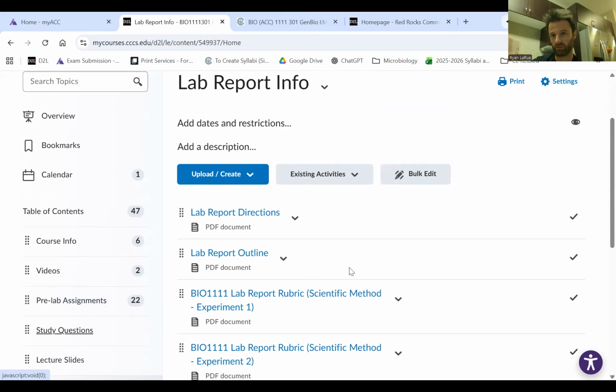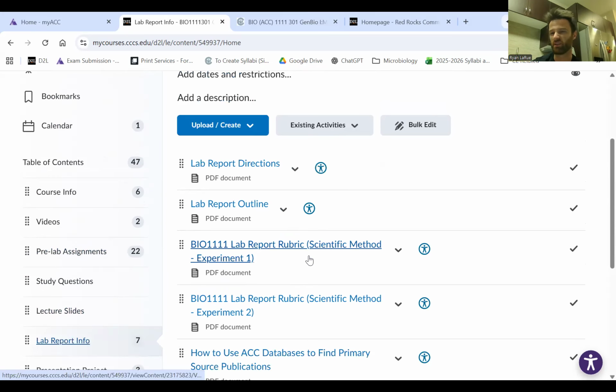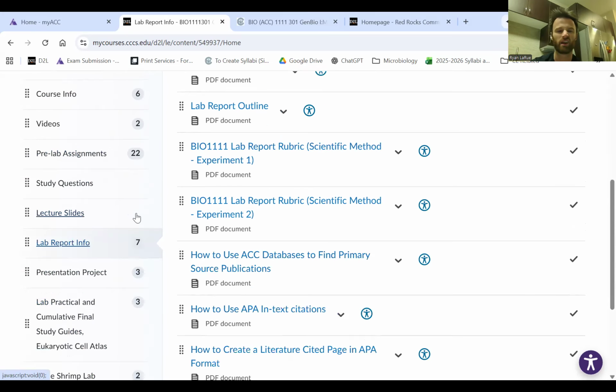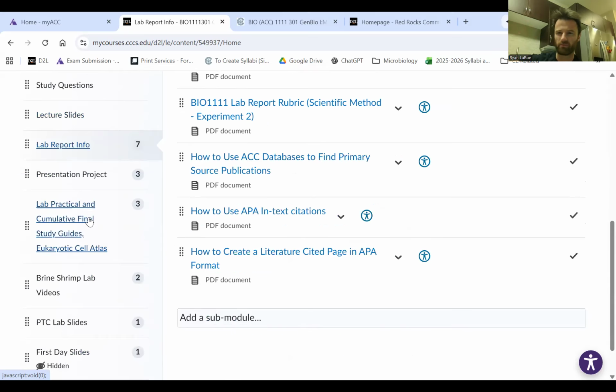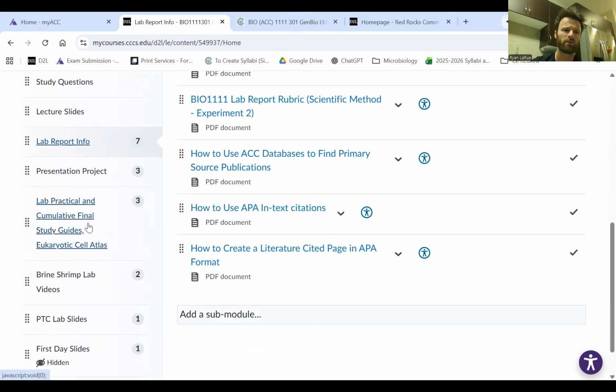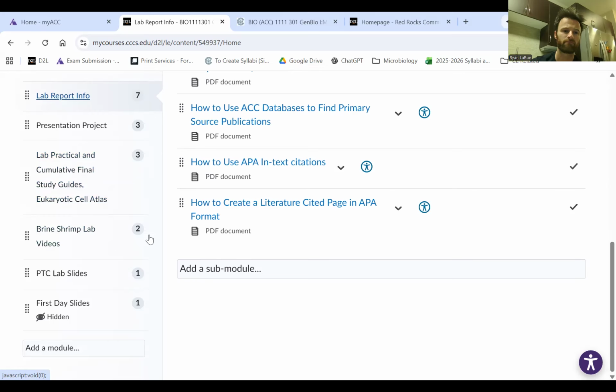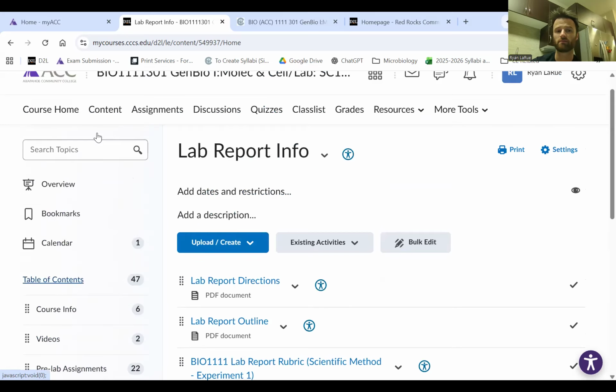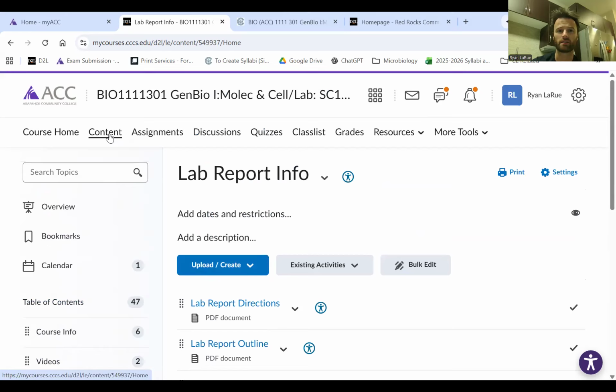I'll be going over the lab reports and how those work when we are in person. I'm not going to do that here just because it's far away, as well as the presentation project. So there's a lot of good stuff in content that you'll be coming back to. Study guides for the lab practical, cumulative final. That's it for content. Okay, hit everything there.